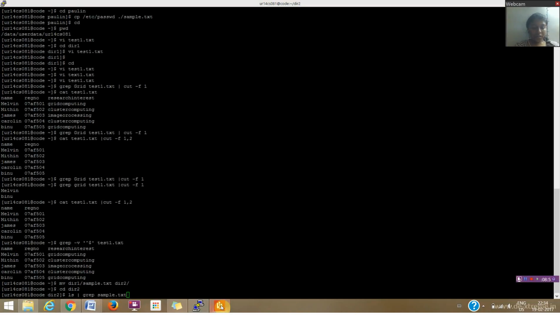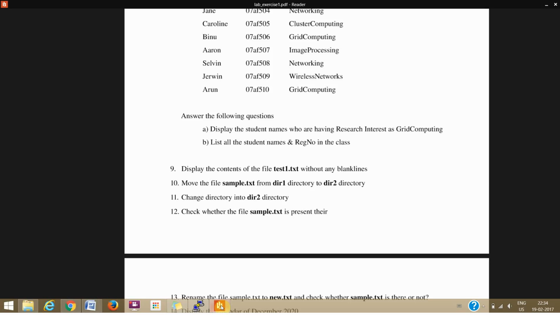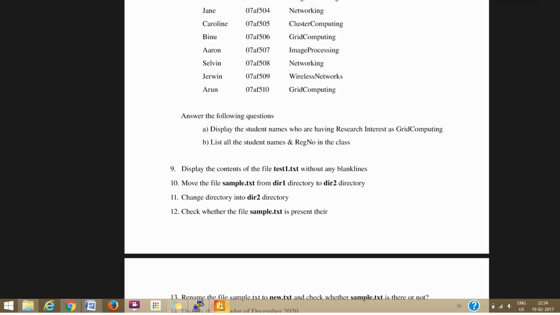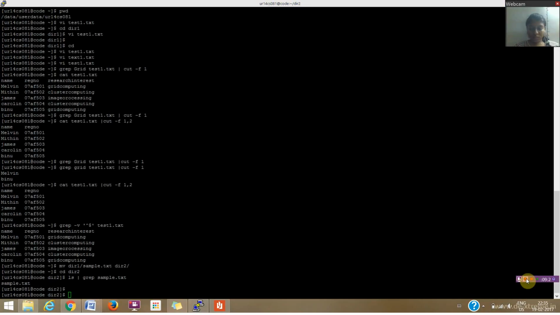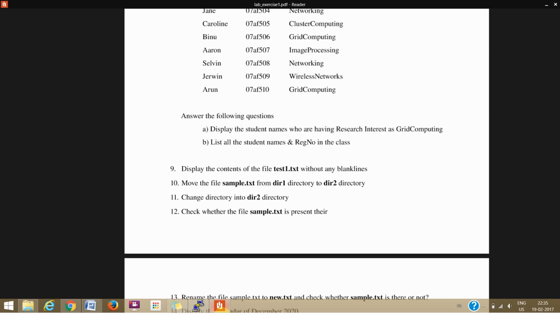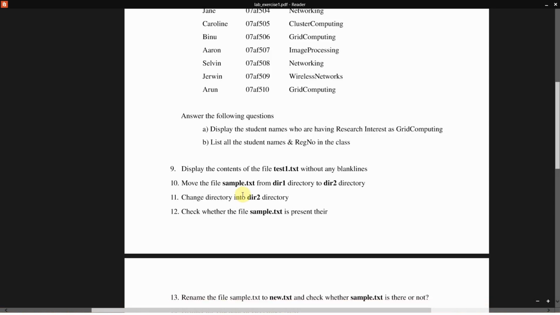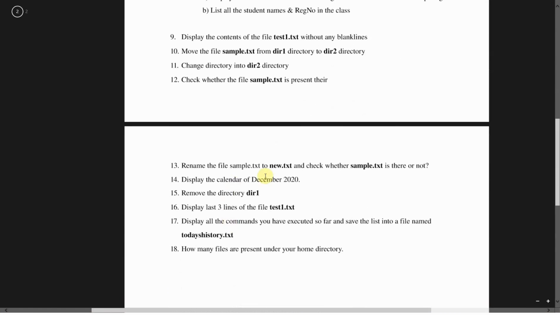The next question is the 12th question. The 12th question is to check whether the file sample.txt is present. So for that I'm going to use ls grep sample.txt. So grep will search for the text called sample.txt. So it has the sample.txt, and the next question is going to be to rename the file sample.txt to new.txt